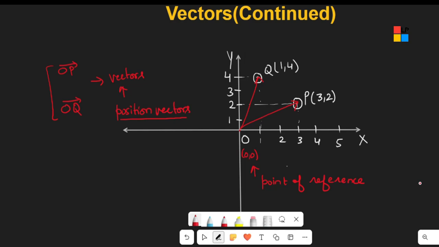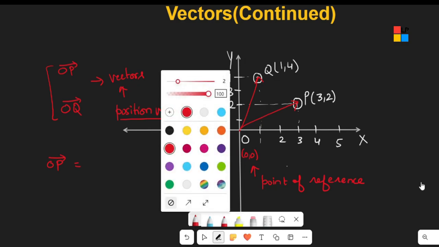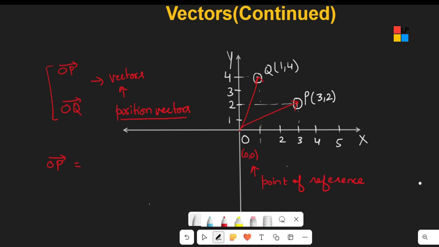So how can I write OP in the vector form? अभी OP पे ये तो हम लोग जूनियर क्लासेस में करते आए हैं, लेकिन इसको OP को हम डिफाइन कैसे करेंगे वेक्टर फॉर्म में? तो इसको हम कुछ ऐसे लिख सकते हैं OP को, because 3 and 2 the coordinates are 3. Here the x coordinate is 3 and y coordinate is 2. I am talking about P position here.